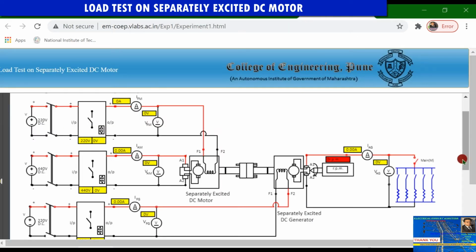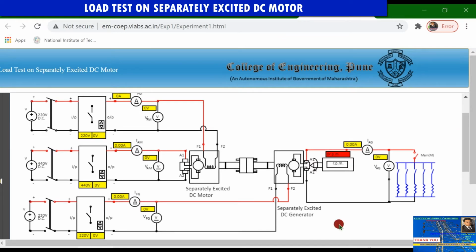So we will start connecting the machine. Now you know this is the field circuit of the DC motor, and this is the armature. So guys, first of all, just click on this switch, so it will get connected in the circuit. Then the rated voltage, 220 volt DC supply, will be applied from here. This is the variable voltage device, and by using it you have to raise the voltage.